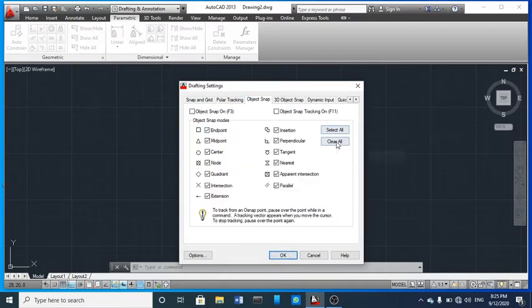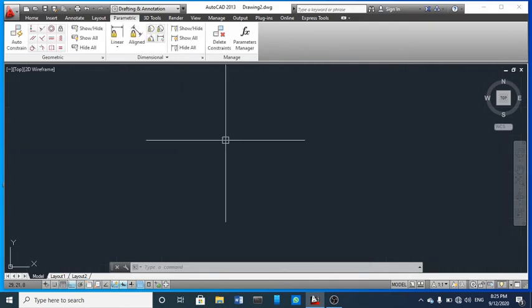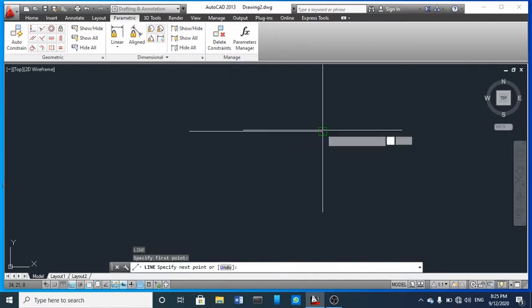Here I'm going to clear all one by one. Now you have to choose F3 first. Once you choose F3, you can see each of the commands one by one. So let's come to endpoint. I'm choosing only endpoint, and I'm going to turn on F3. Now I'm going to draw a line here.